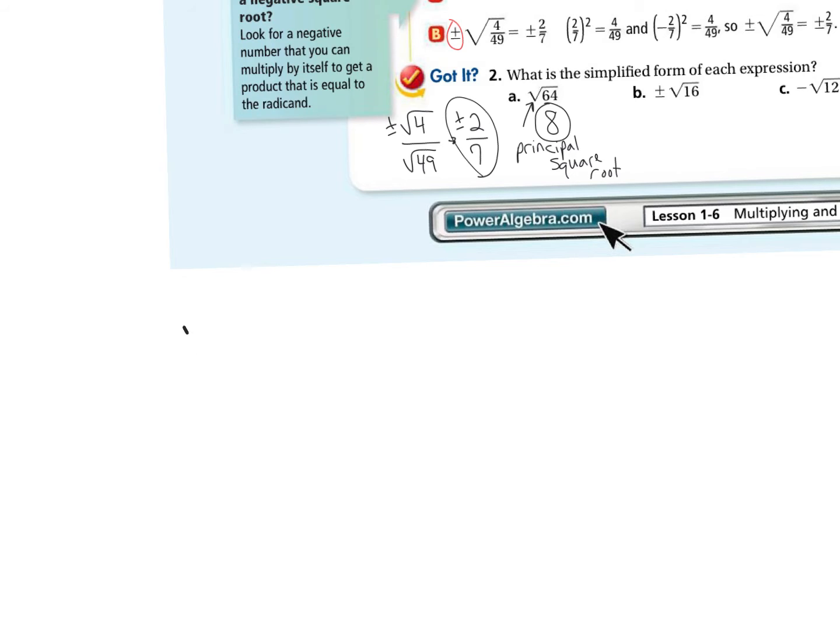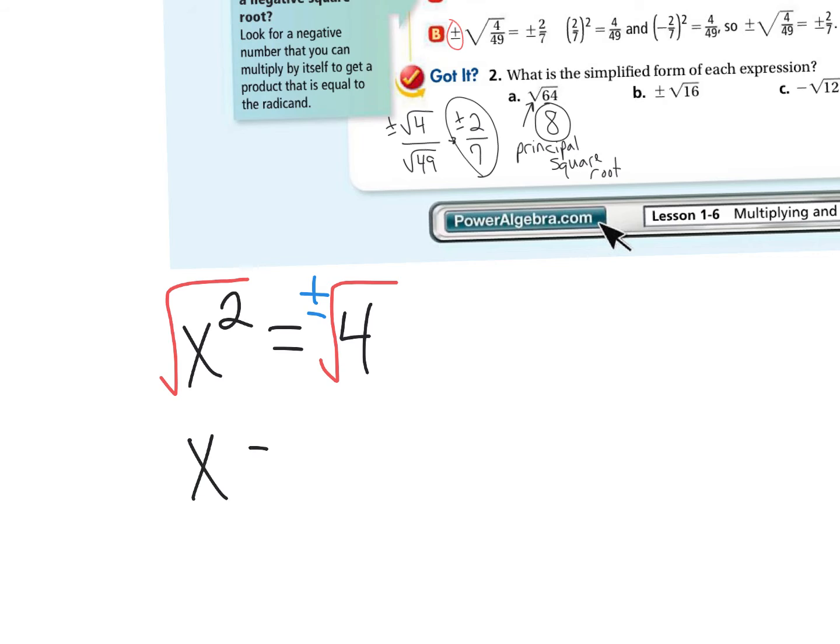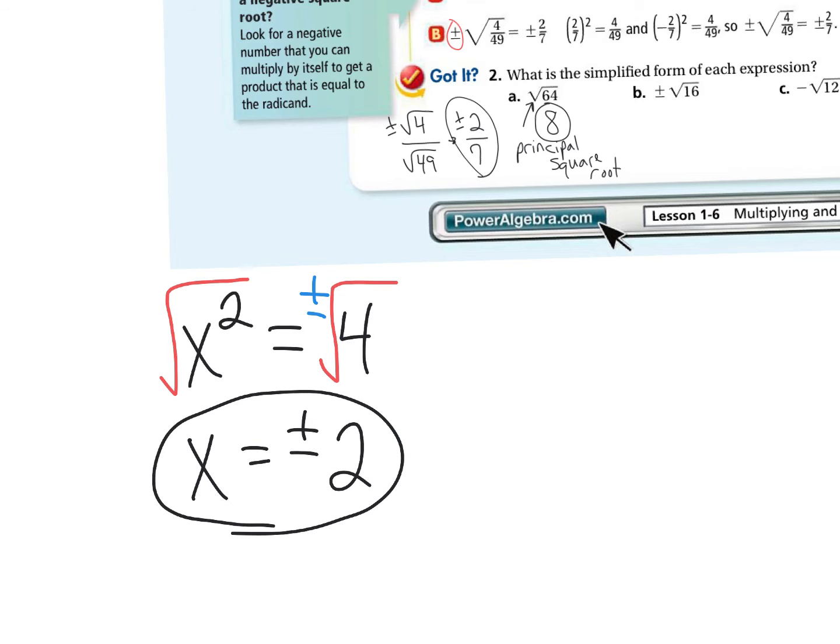But if you were doing a problem and it said x squared equals 4, if you were solving that problem, right now there's no square root symbol. In order to solve this, the x is being squared. We would take the square root. When we add the square root symbol, we would also need to add a plus or minus in front of it. So this would be plus or minus 2, which means that x could either be 2 or it could be negative 2. Okay, this problem, when we're solving for a variable, has 2 answers,